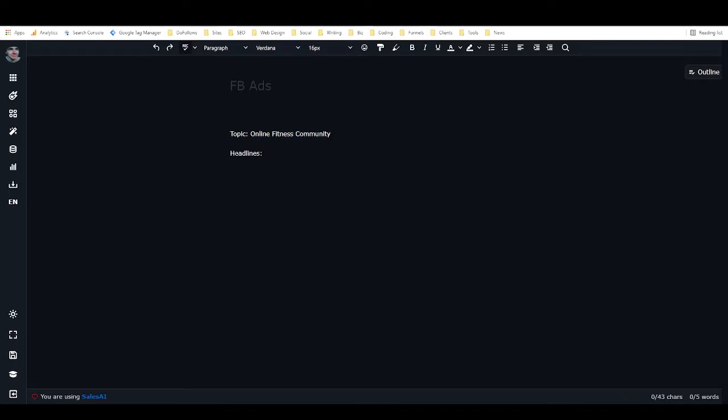And the first thing that we want to start with is coming up with some great Facebook ad headlines, because the headline is really the most important part of the ad copy. And if you don't get a good headline, then the rest of it doesn't really matter as much. So the first thing that we're going to do is find or create a free lead magnet or training program